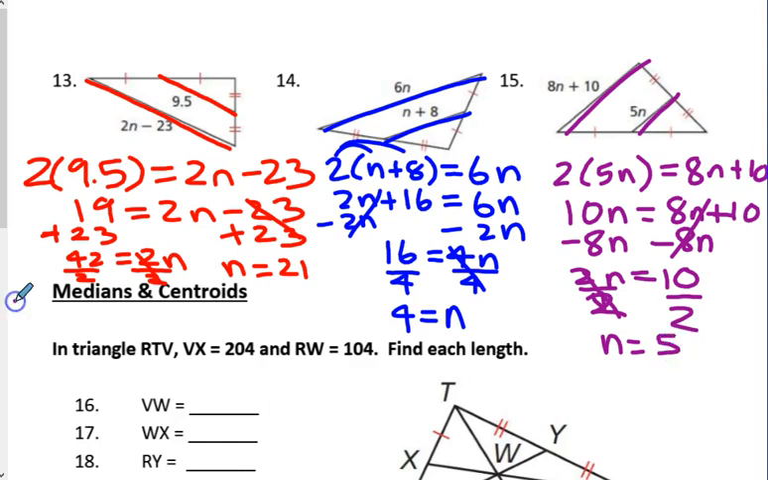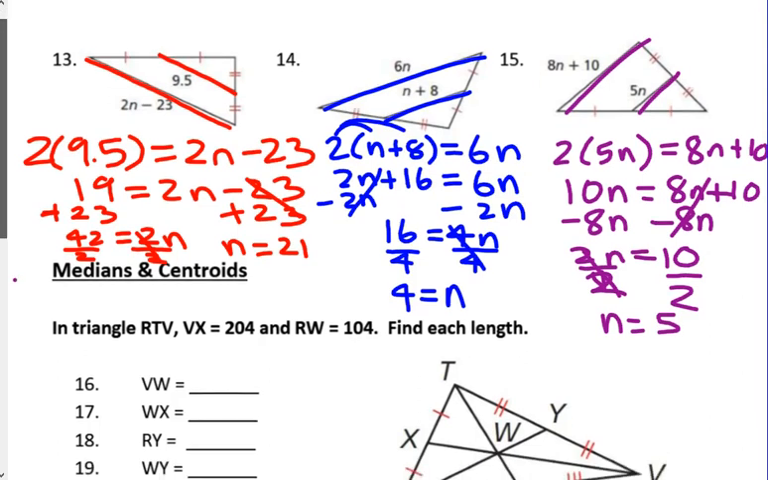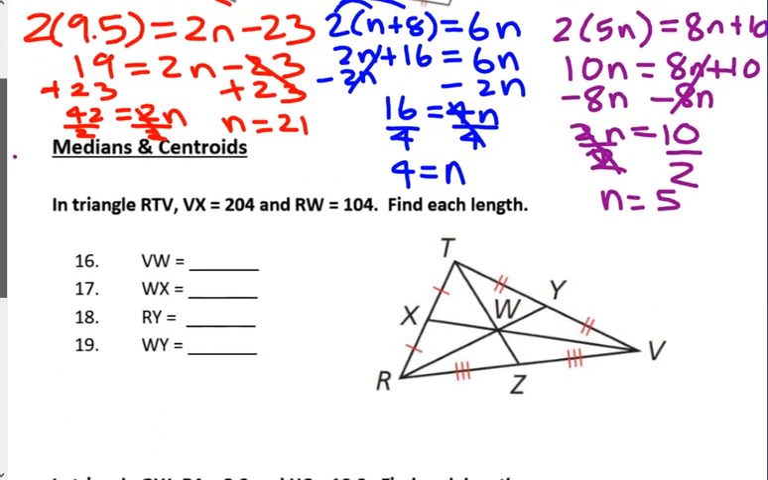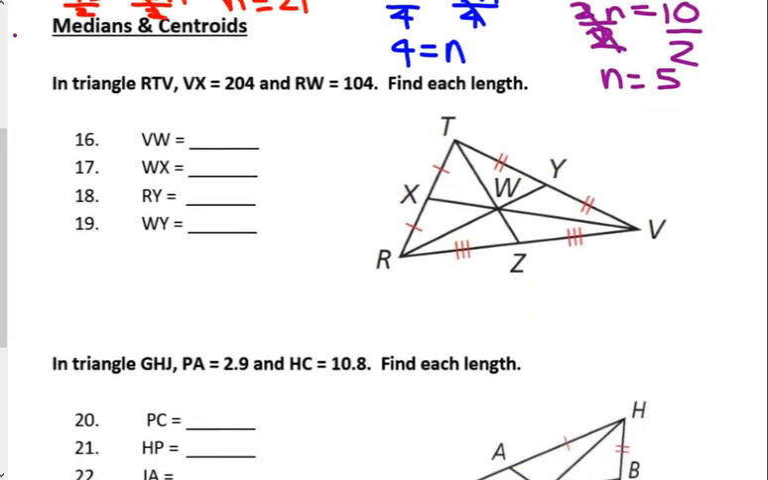Again, fairly quickly did those because it's the same method every time. Multiply the mid-segment times 2 equals the parallel side, and go from there. Median and centroid. So, this one's fun. We have all those little fractions we have to remember. VW equals. So, for VW,